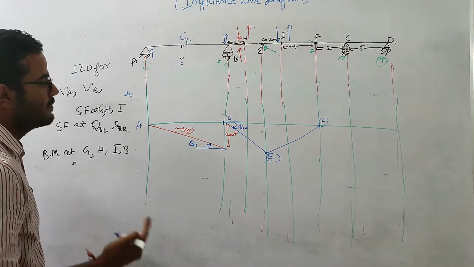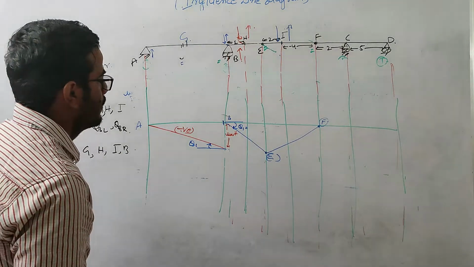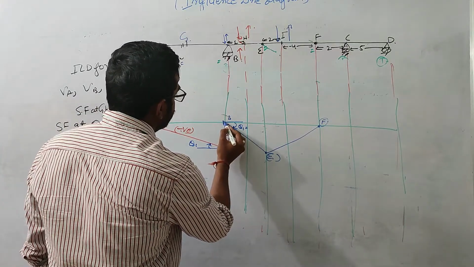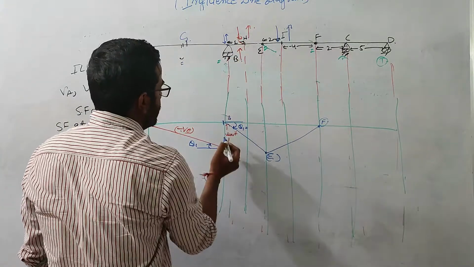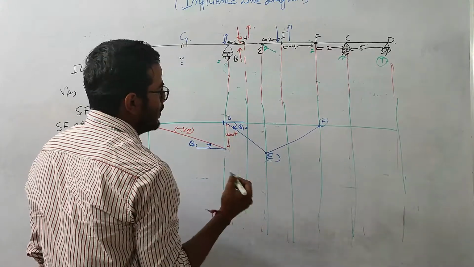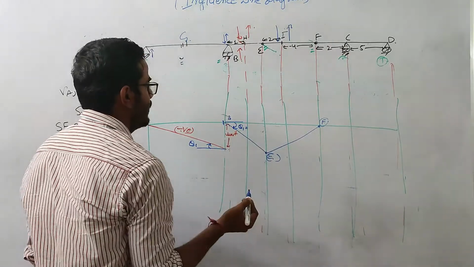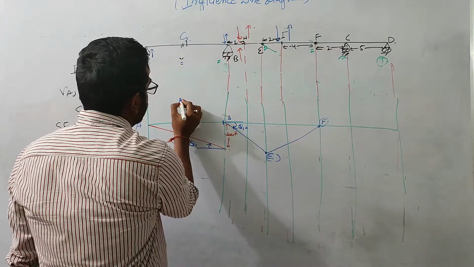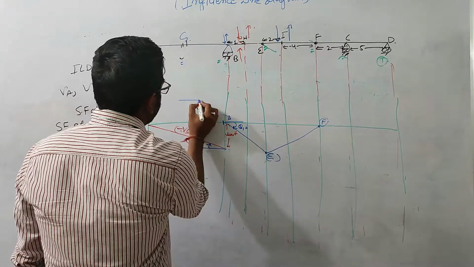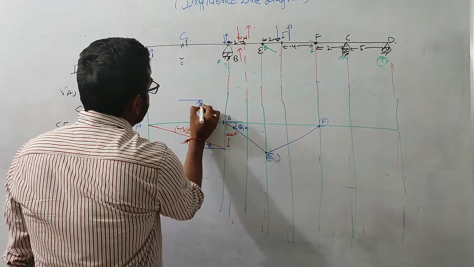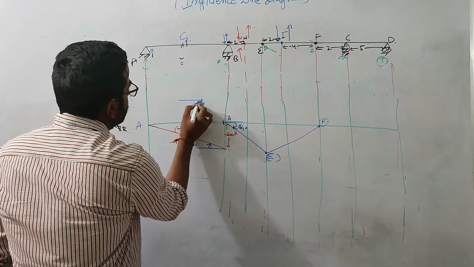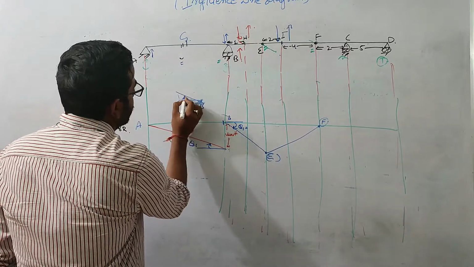Because we need to satisfy the boundary condition also now. At just left of B, this won't move upward along this shear force. Why? Because this B support will not allow it. And if we zoom in on this, this is the point B. This is the point B support. So this B support is not allowing this movement to take place.